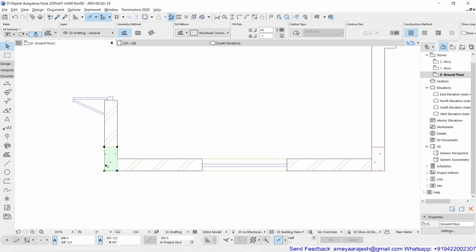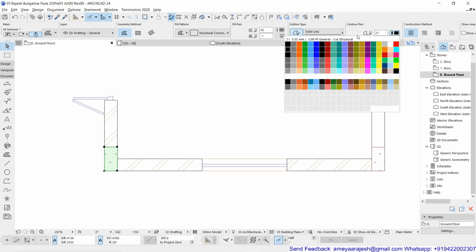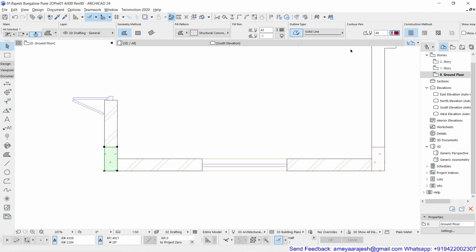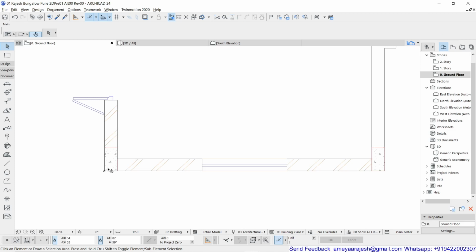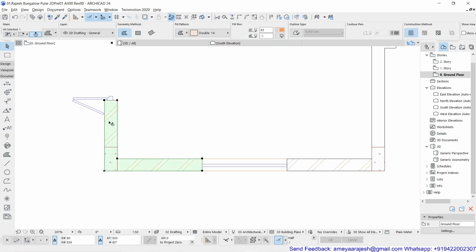Now once I have completed this, I will definitely turn on the outline for this field, and as you have seen last time, you can choose some required pen number as per your choice. So I have just selected this number with the appropriate line weight. Now my next option is what? How can I remove this wall field which is underneath this column?